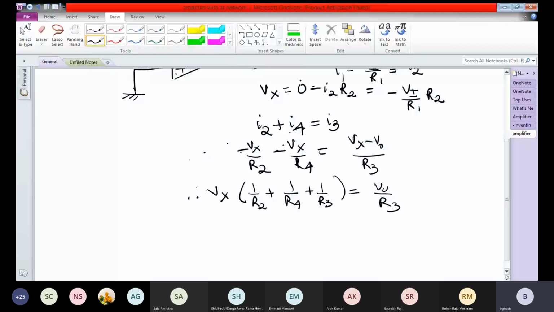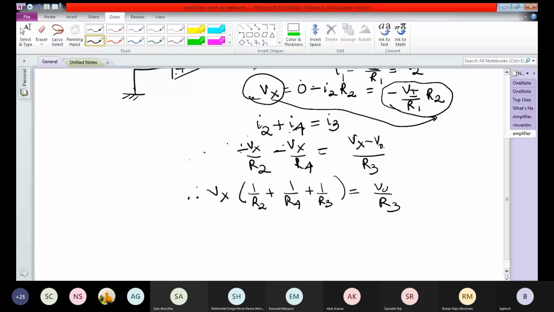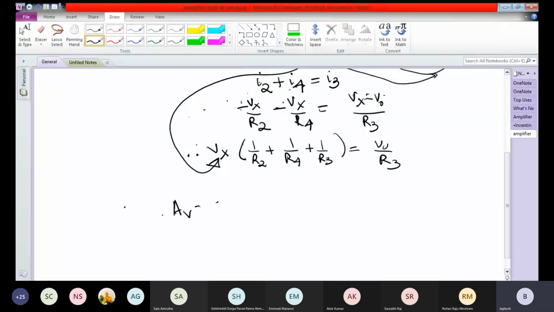So Vx is known in terms of Vi from here. So substitute Vx from here. Minus Vx minus Vi R2 by R1. Once you do that, so substitute Vx from there. And once you do that, you'll find AV. That is minus R2 by R1